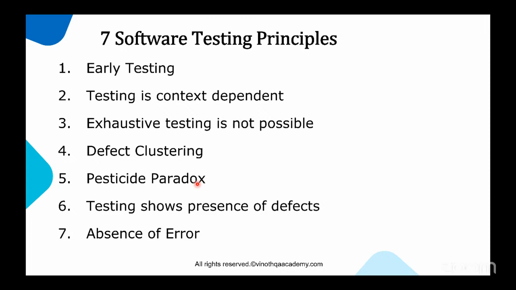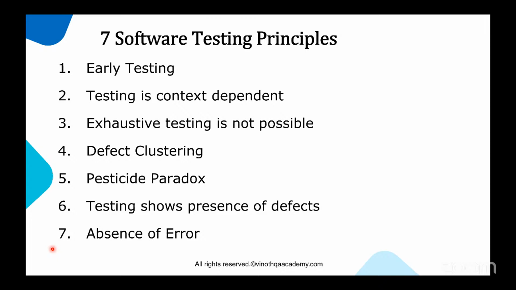Now today's topic is nothing but the software testing principles. In total there are 7 software testing principles. As per the syllabus, this is going to be the first topic. You have to start with the software testing principles. But to my knowledge, without knowing what is happening in product development, there is no use of teaching these things, and this is specific to testing. At least by now, you will have an idea of what development is, what all the phases are that we have to go through step by step, and that every model has its own advantages and disadvantages. So now